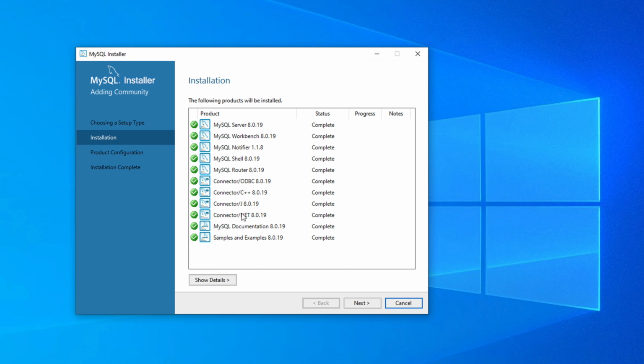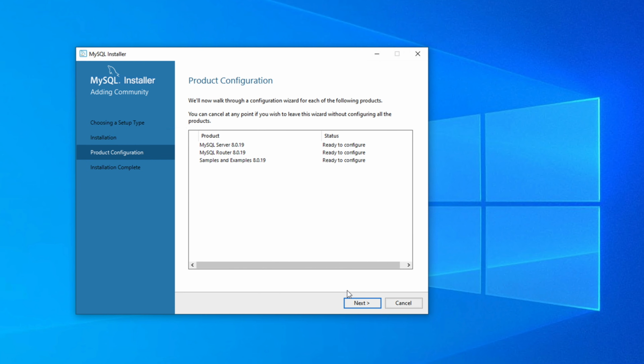Now all the installation is done for these pages. Once it is complete, that means if there is a green mark, these are completed, and then we have to click on the next button to go to the next step of the installation. I just click next, and it is showing the product configuration, like MySQL Server 8.0